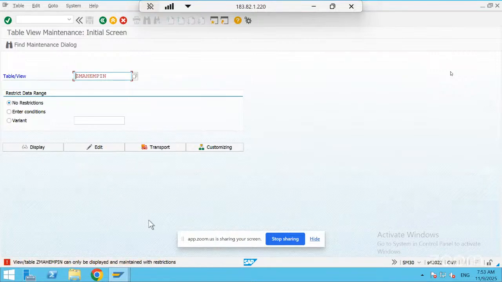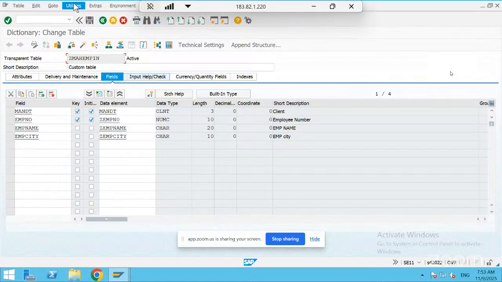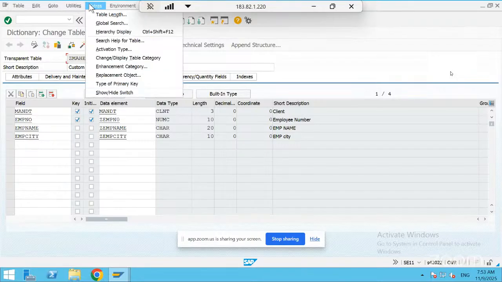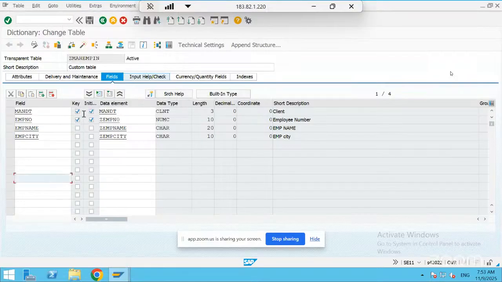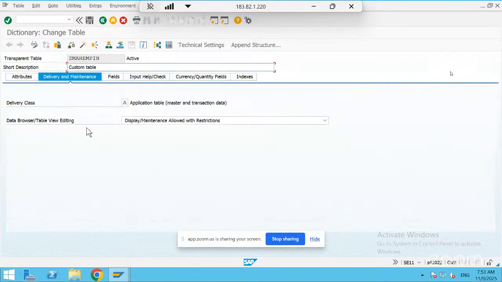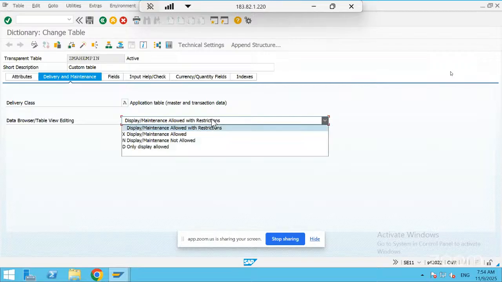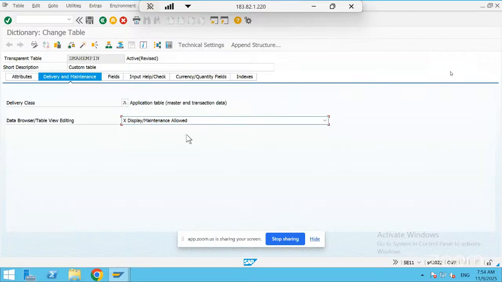Click on display, and maintenance instructions, and extras. No, here go to the delivery and maintenance tab. Raghu, go to the delivery and maintenance tab. Here this maintenance one, allowed. Activate.